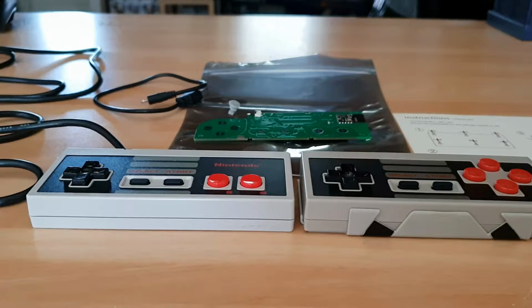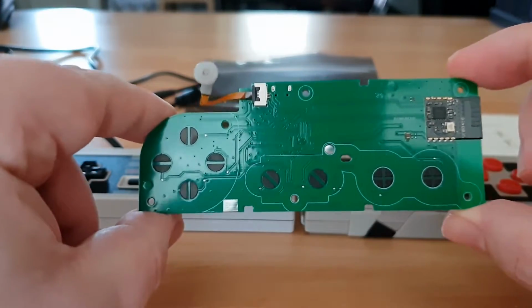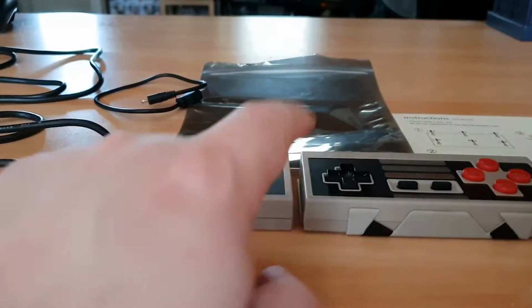Today's video is a special one. I have received the 8BitDo, I never know which one to say. This is the retro mod kit for the NES. Now as you can see, it's a PCB that goes inside your NES controller to make it a wireless controller